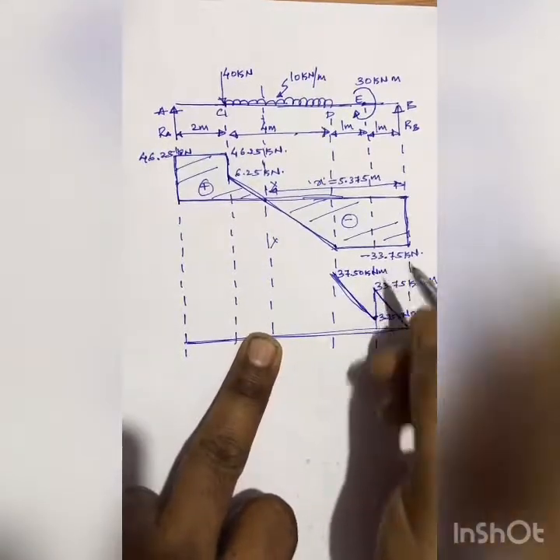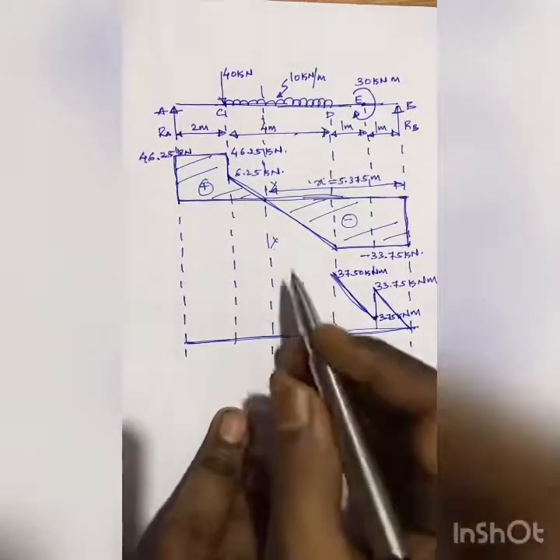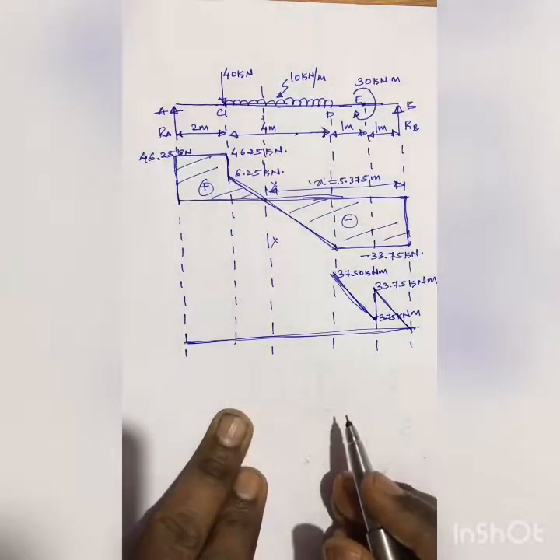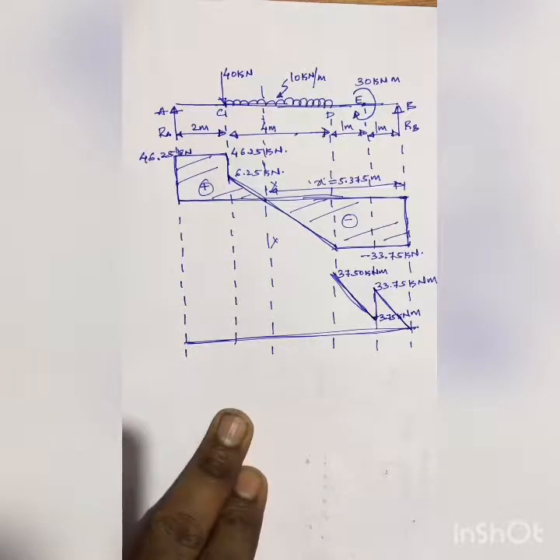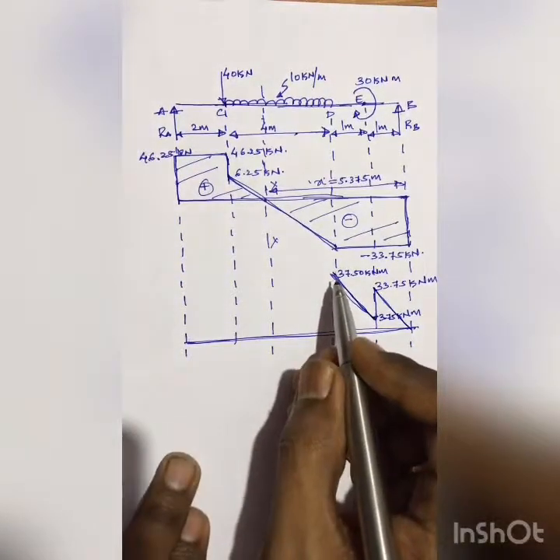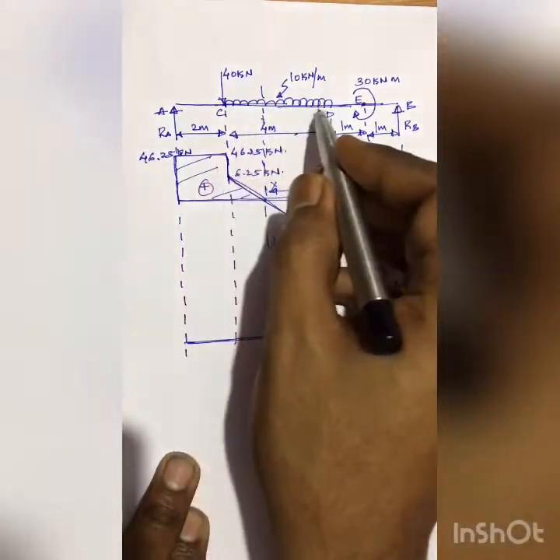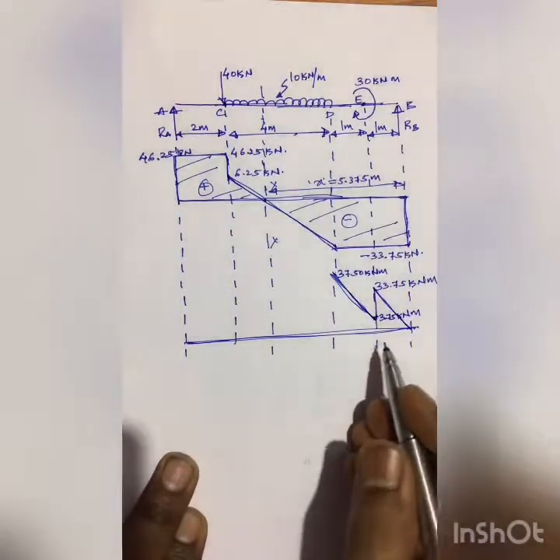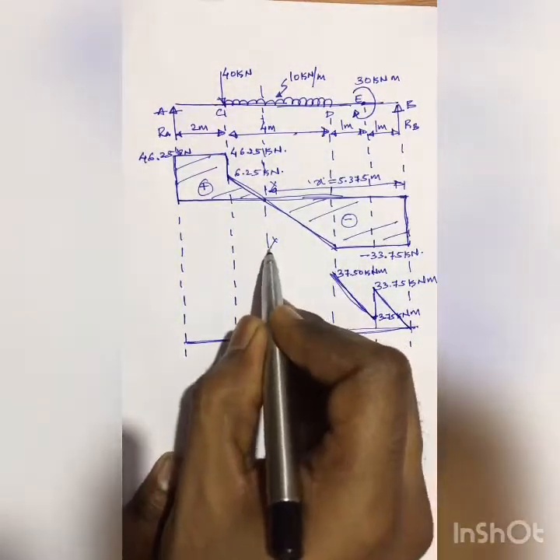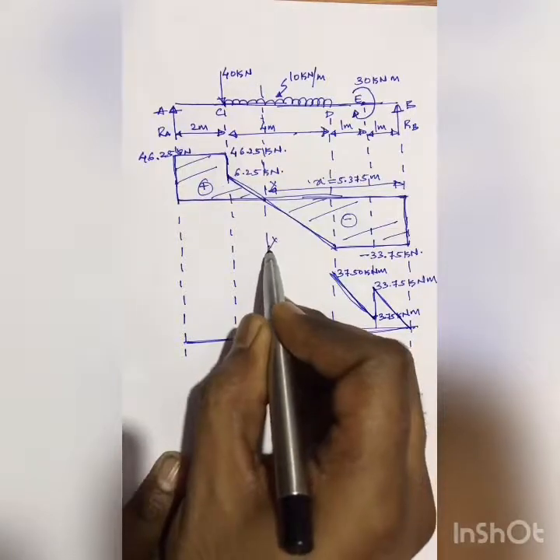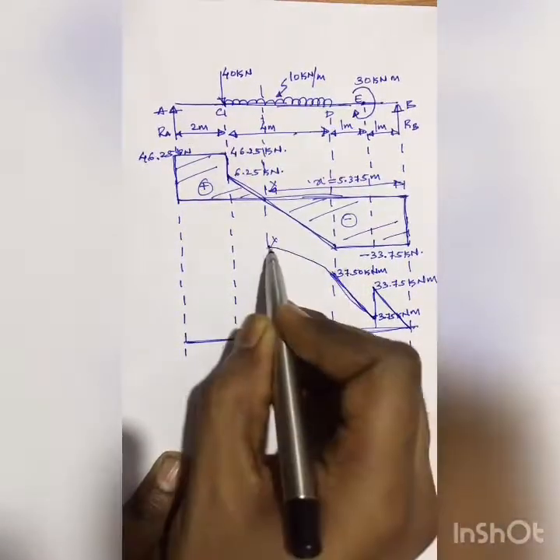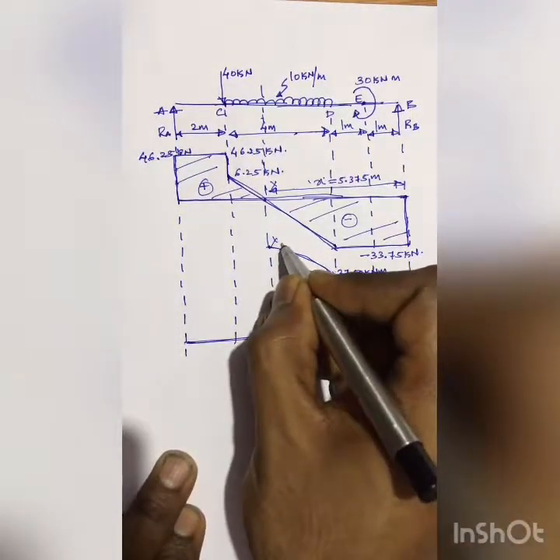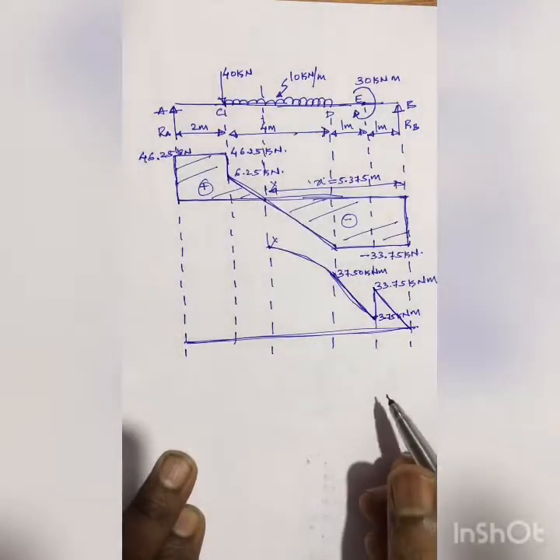kilonewton meter. Next, we have found out the bending moment at section XX now. So how much is that value? That value is 94.453 kilonewton meter, and the variation here will be parabolic since we have the UDL here. For UDL the bending moment variation will be parabolic. So from here to here, I'll draw a parabolic curve like this, and this value I know how much it is. This is 94.453